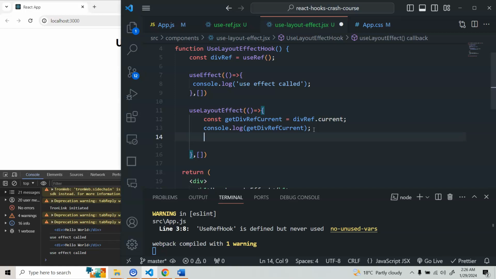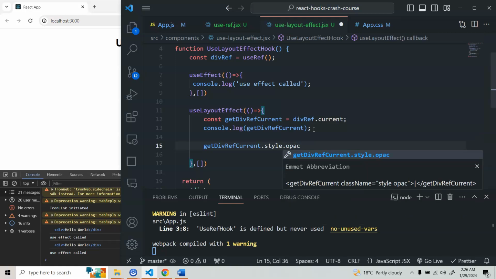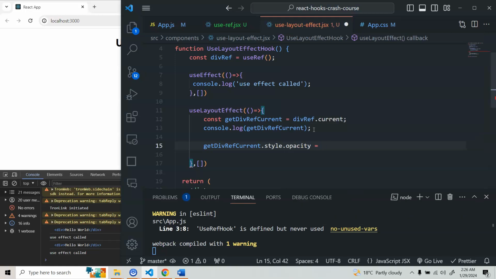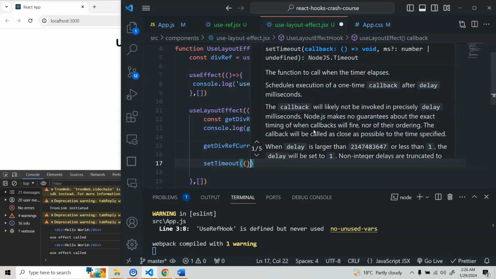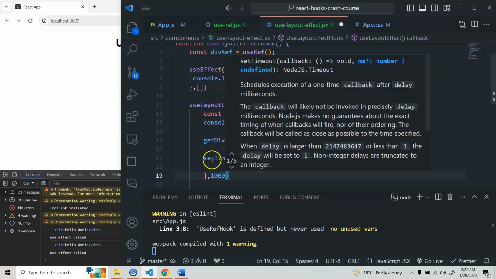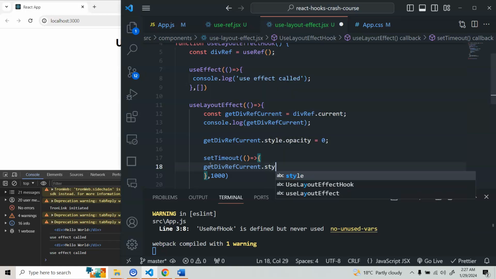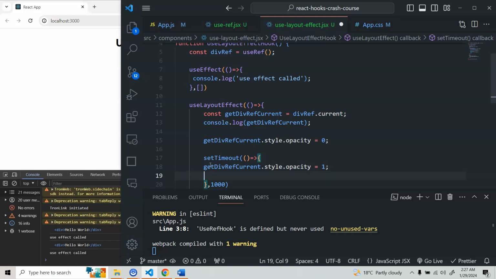Now what we can do, first we'll do getDivRefCurrent dot style dot opacity. First I'll set opacity to 0, and then I'll take a setTimeout. That means after 1 second I want to display this. So I'll do getDivRefCurrent dot style dot opacity is equal to 1,